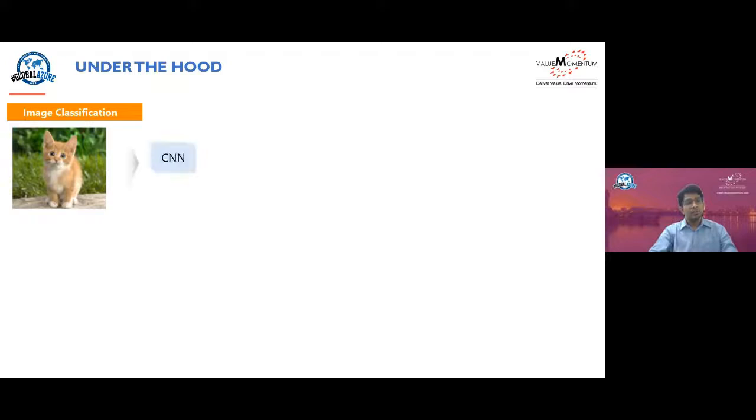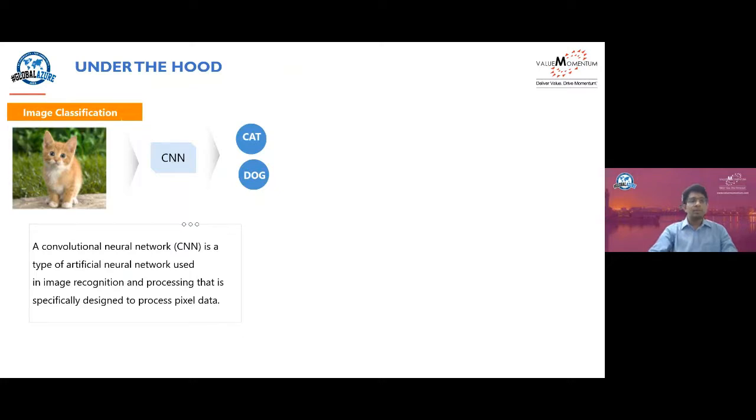image of the cat to some neural network, what is a neural network? It's a convolutional neural network, which is a type of artificial neural network used in image recognition and processing, and which is specifically designed for processing pixel level data. So when you're trying to build a model which predicts whether the image is of a cat or a dog, you feed maybe thousands of images of cats and thousands of images of dogs to the model, and the model tries to learn from those images, and the images should be taken from multiple orientations, multiple positions, where the cat